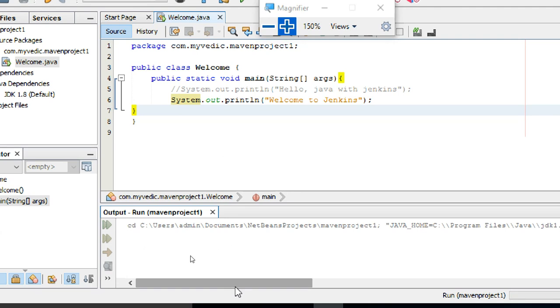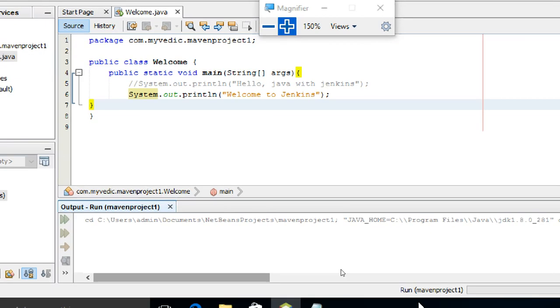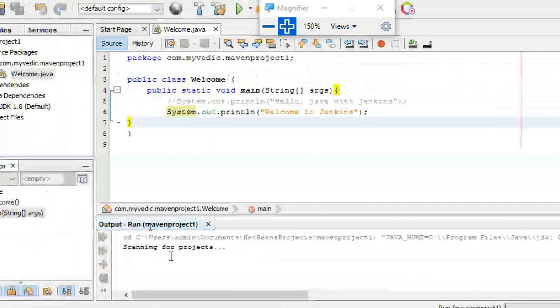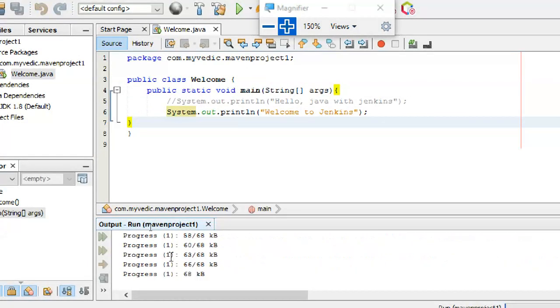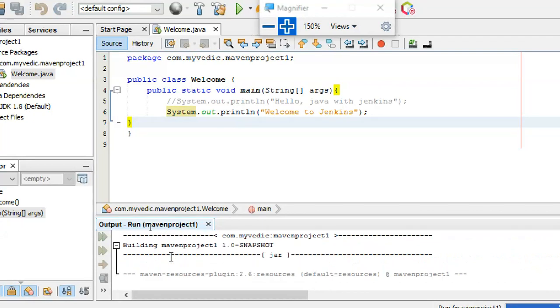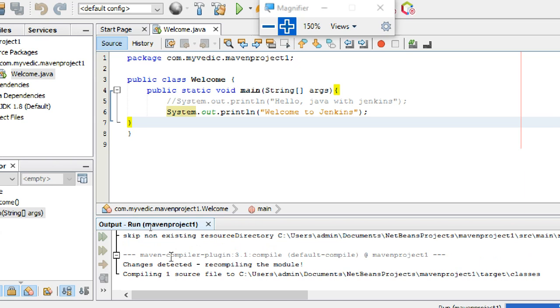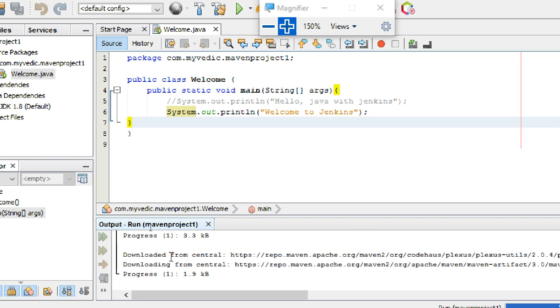Like you saw last time, it is also loading. Where is my Java home also? It is running, but the first time it runs, it will go through all the Maven repositories and do all these things. We have to wait till the output comes.